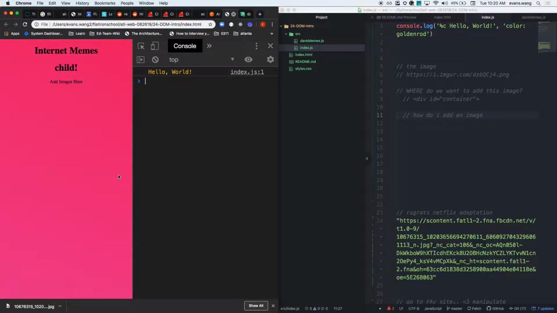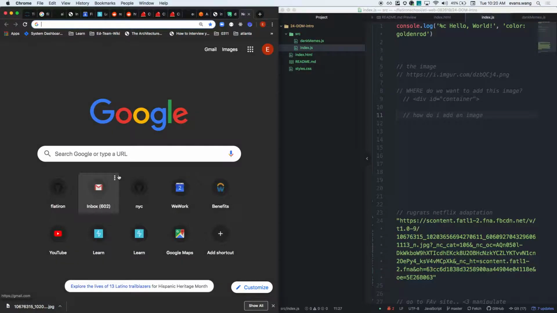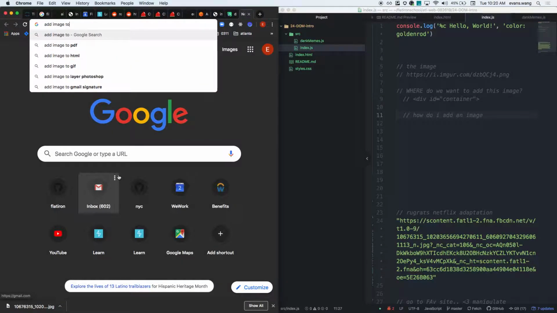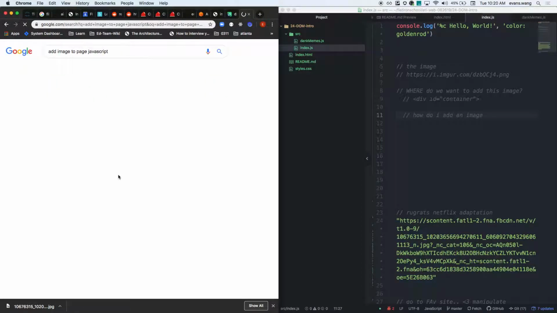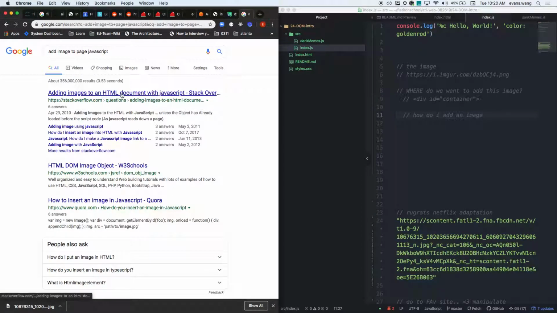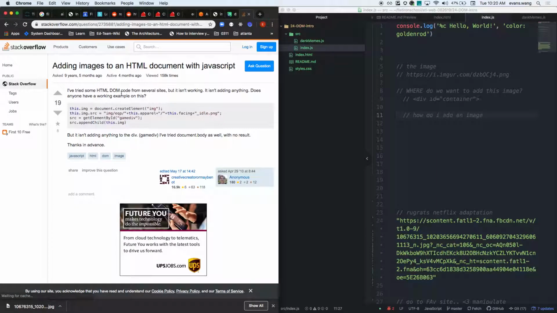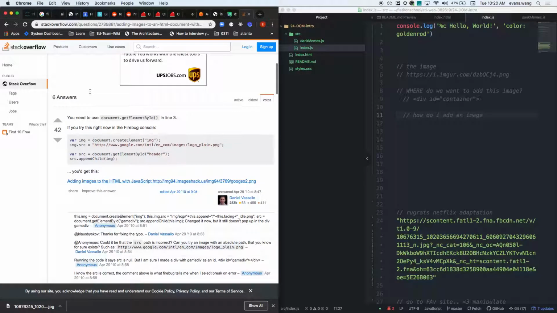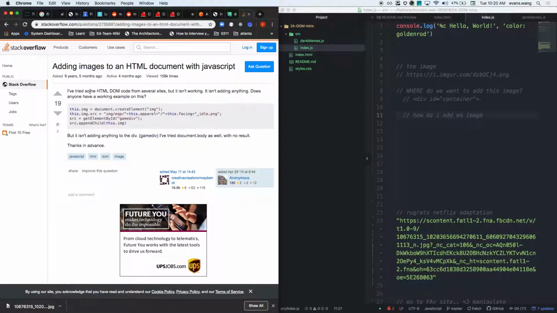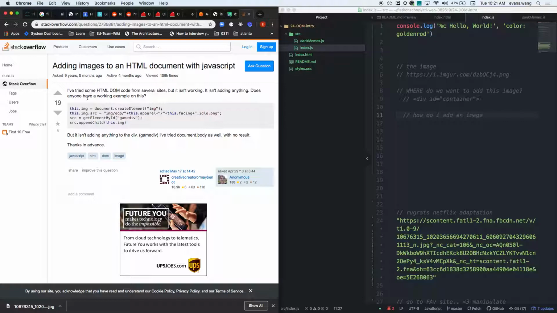And so the idea is, I want to add an image to a page with JavaScript. Okay, adding images to an HTML document with JavaScript. Wow. Did I? This was 9 years ago, so no, I did not. But wow, 9 years ago. Okay, so the first thing, it looks like this person asked this question, and they've got a